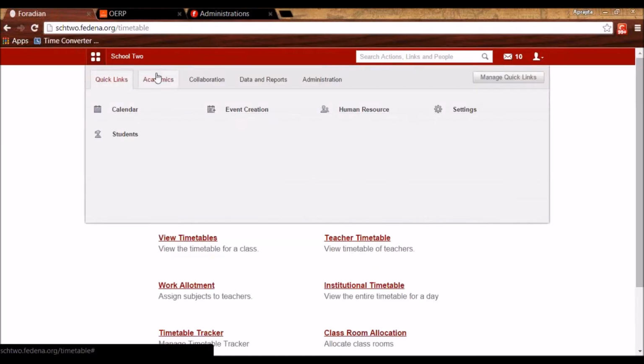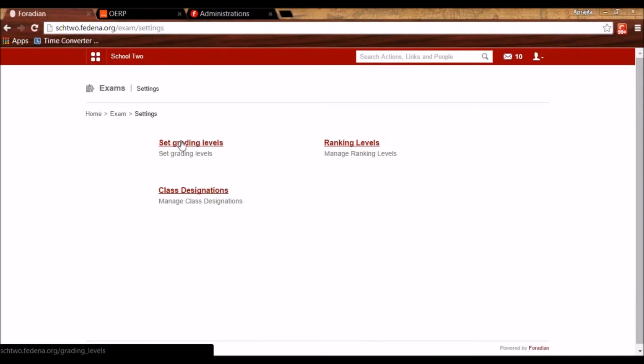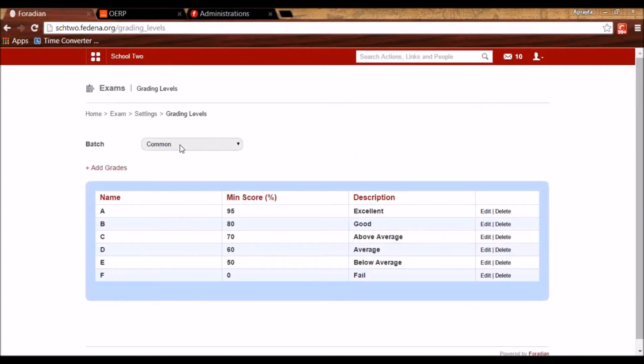Now let's see the next module, which is examination. We'll go to academics, we'll go to examination, and the first step is to do the settings and set the grading level. Here there is a common set of grades that you can set for all the batches together. You will see some grades are already there.